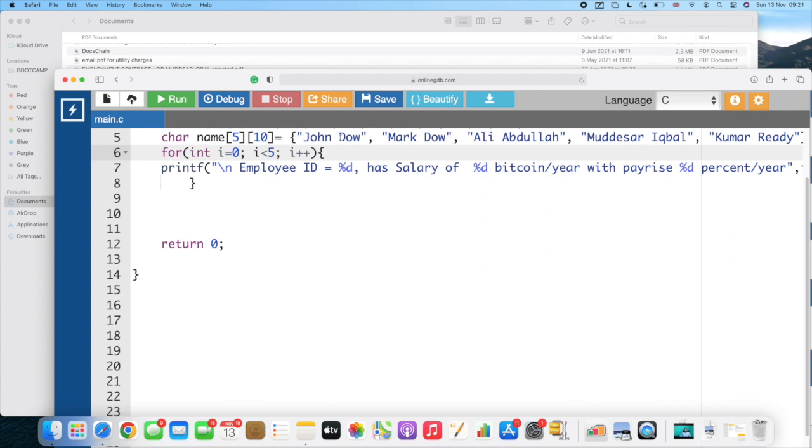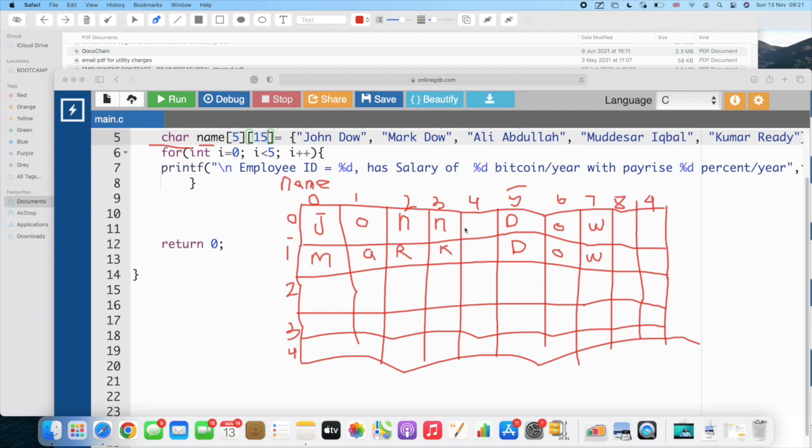Yeah, these are supposed to be under 10 characters. I think Abdullah, Ali Abdullah, 1, 2, 3, 4, 5, 6, 7, 8, 9, 10, 11, 12. So basically this is 12 characters. So I have to put 15 here because the columns are, like I explained earlier on,